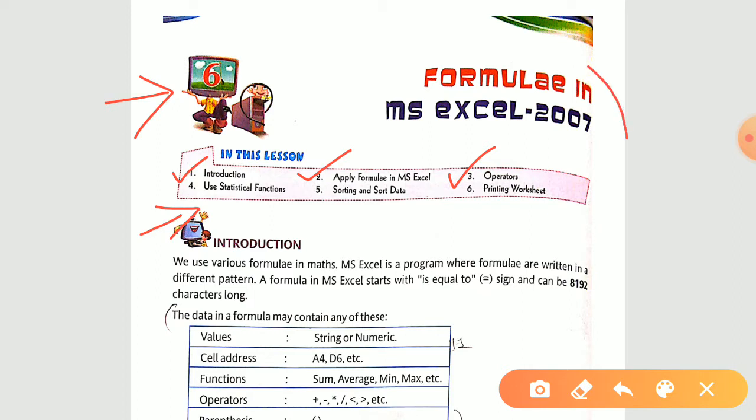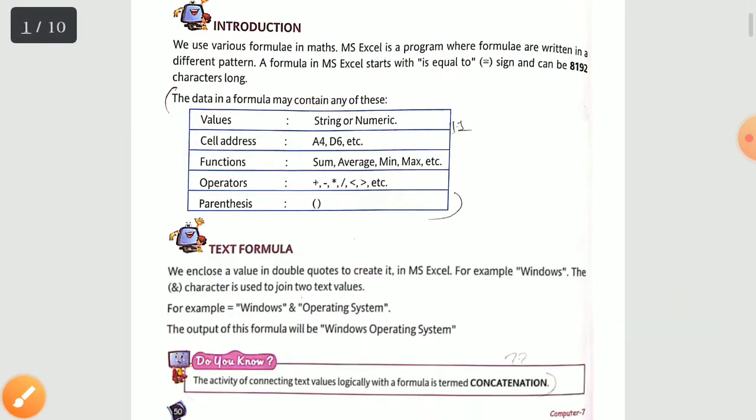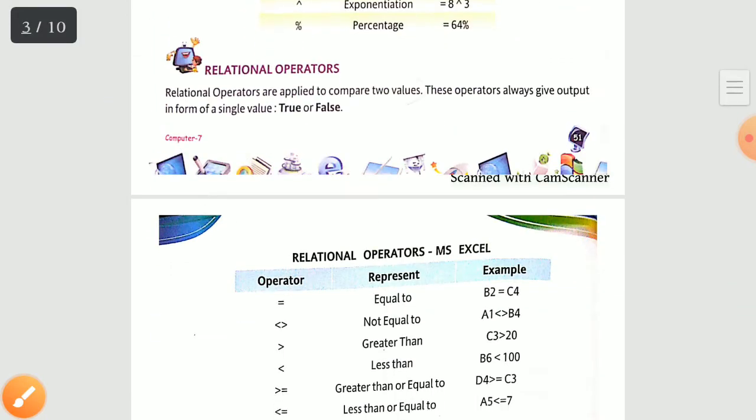Now, the chapter's name is Formulas in MS Excel. So, in total, in this chapter we are going to revolve around these formulas. We are going to see how many statistical functions we are going to write, and what steps we need to follow to include a formula in our MS Excel worksheet, right? So, all those things we are going to cover. For now, please open page number 55.